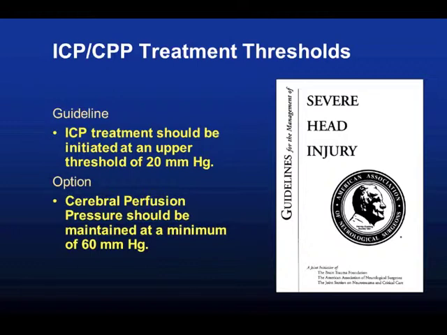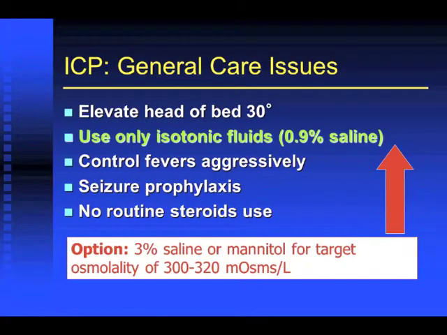They're more likely to die. They're more likely to suffer from poor recovery. And likewise with CPP thresholds, 50, 40, 30, the more you're down at those levels, the worse you're going to do. So you're writing your orders, and there are also general housekeeping orders that we advocate that you write for